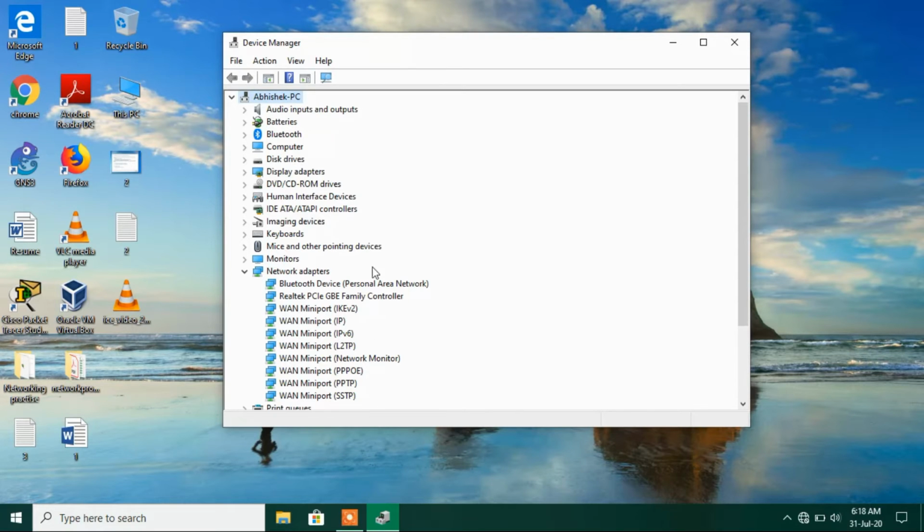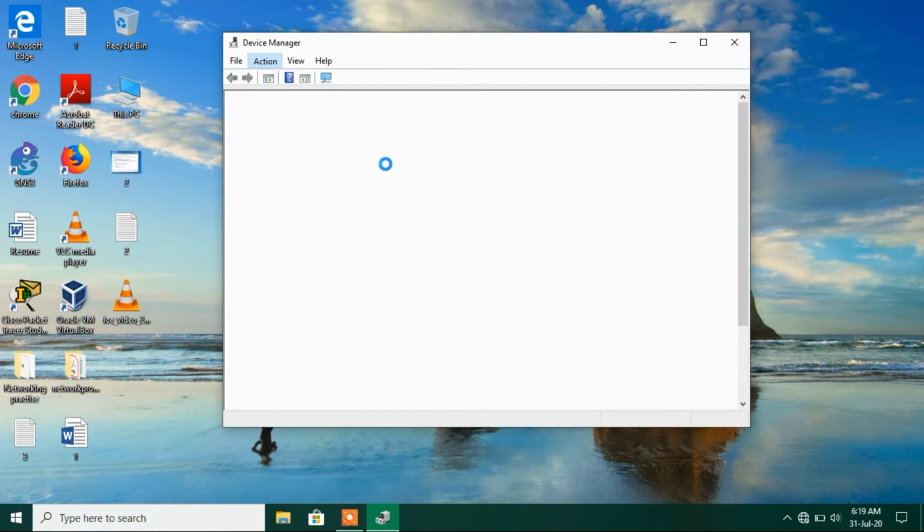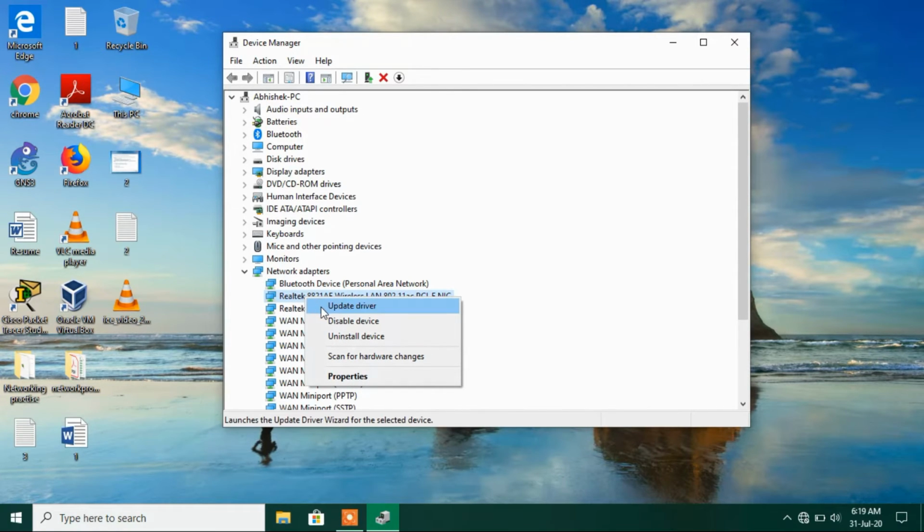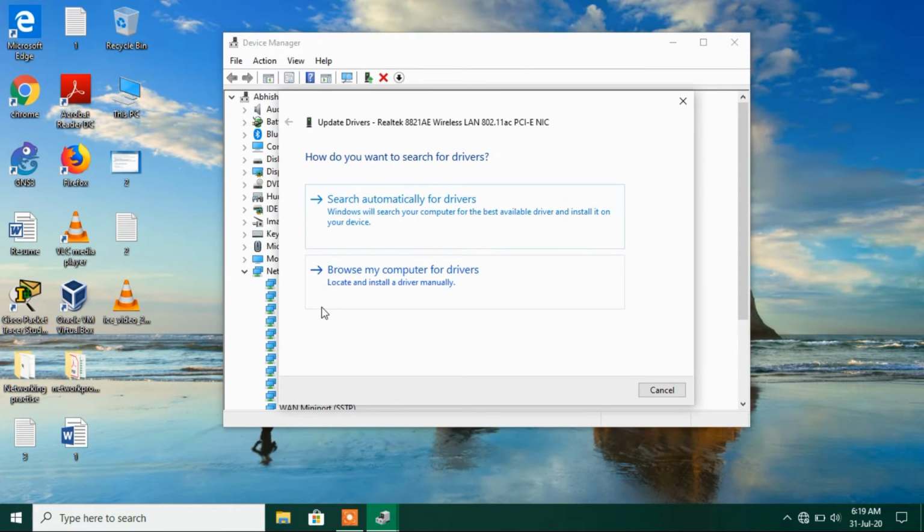So it has now uninstalled the Wi-Fi driver. Now to install it back, click on the Action menu and select the option scan for hardware changes. You can see that it has installed it back. After this, select it again, right click over it and click on the option update driver.